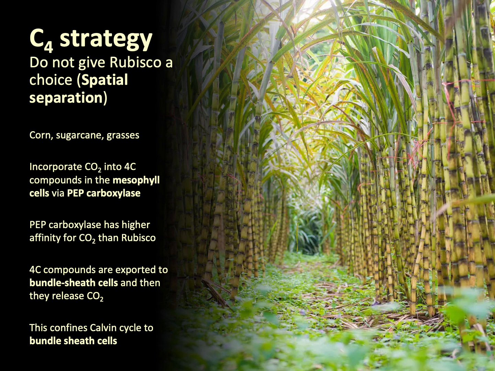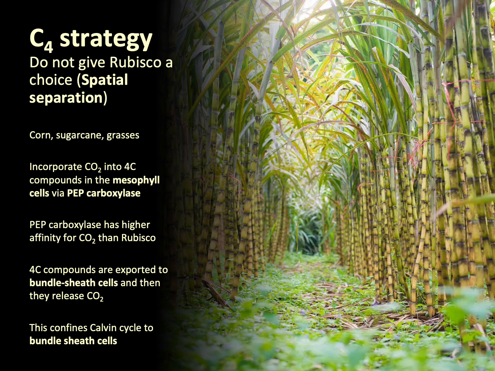A lot of grasses. Most grasses are doing what they call the C4 strategy, right? Sugarcane is a fancy type of grass. Corn is a fancy type of grass. Wheat is a fancy type of grass. Most of our agriculturally important crops are grasses, just so you know, right? You cut them at the top, they still keep growing because they grow at the base.